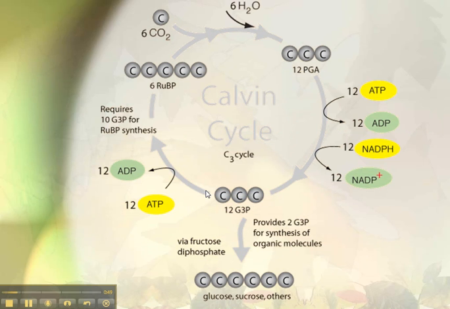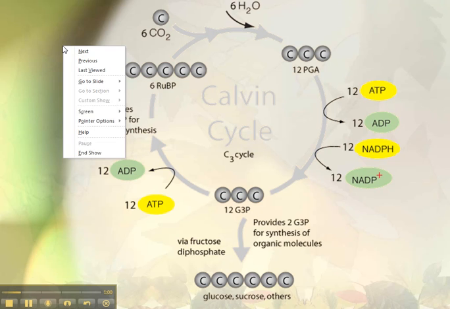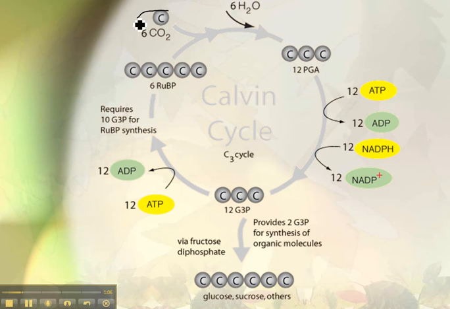So here's what's happening in the Calvin cycle. You guys will not need to know all of what's happening, but what I want you to notice is what's going in and what's going out. We have some carbon dioxide going in, some water going in, and it's going throughout, producing